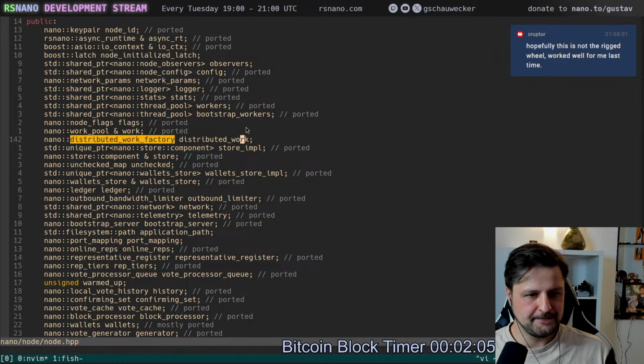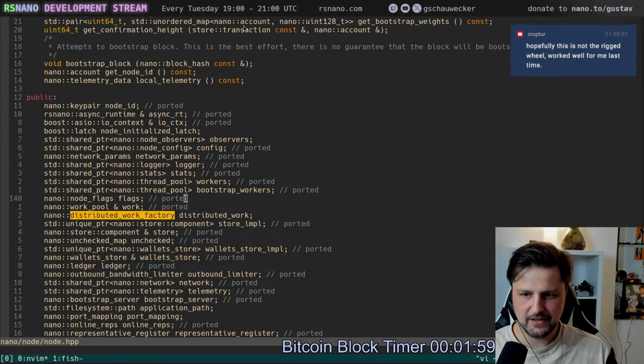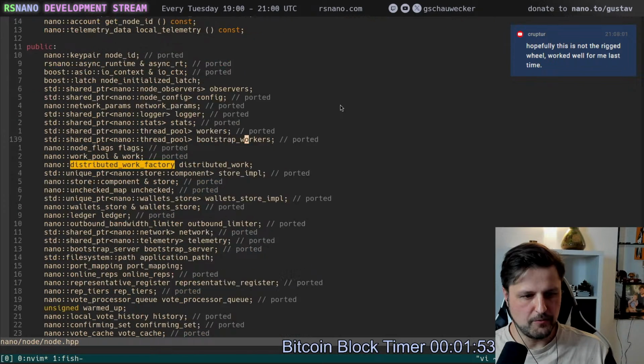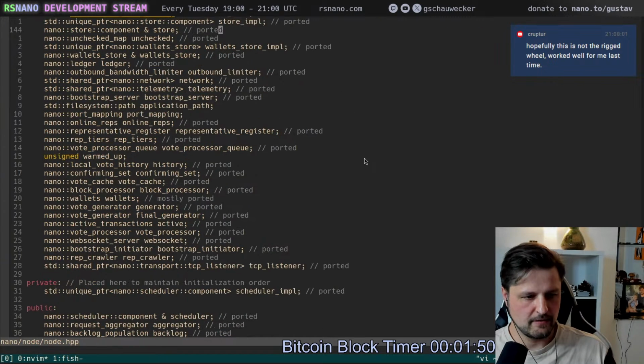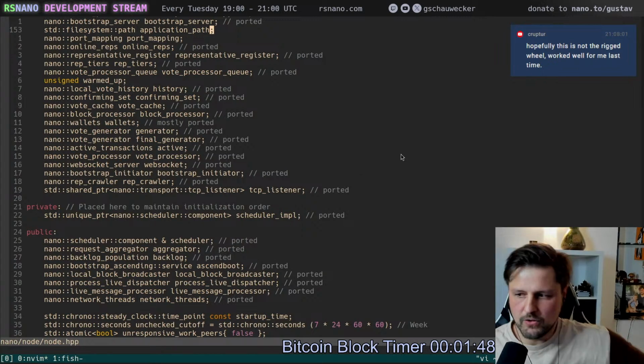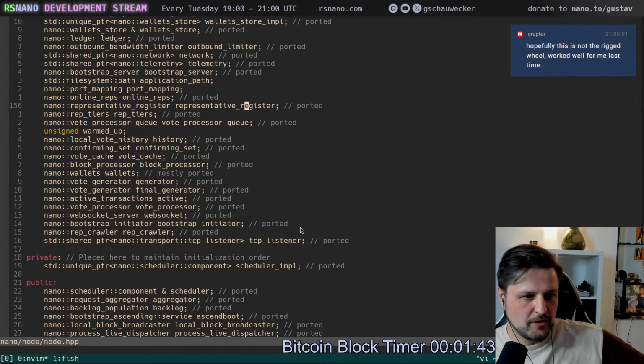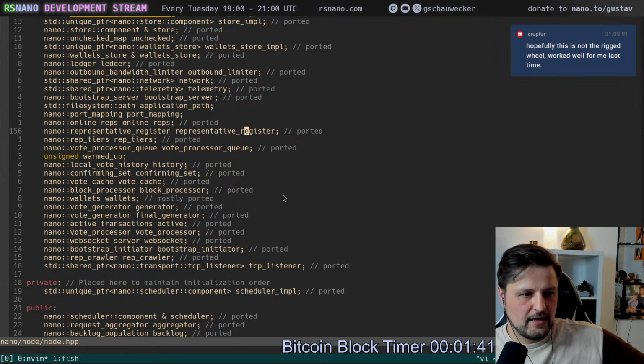So for today, I thought I would clean up code. I don't have a specific goal. Maybe we can continue working on the WebSocket stuff, like in the last stream. Or guys, if there's anything that interests you, you can also suggest components that we work on, because we have